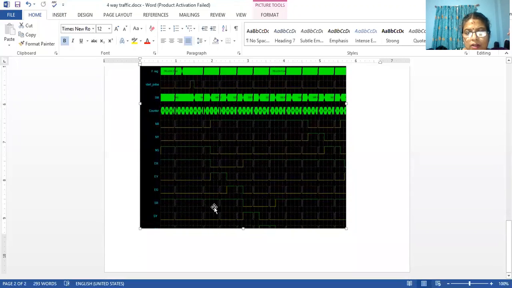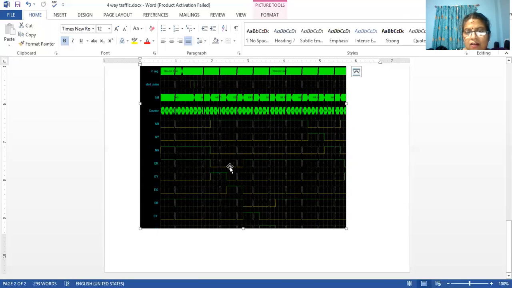Okay. Now what is happening? East red became 0. East yellow became high, and yellow should be valid for some time, correct? There is a counter happening. See, can you see here? It is loaded with value 5. 5, 4, 3, 2, 1, 0 it becomes. On the 0, what will happen is, after some point of time, the green is becoming high, east green. Because after the east yellow, east green has to come.